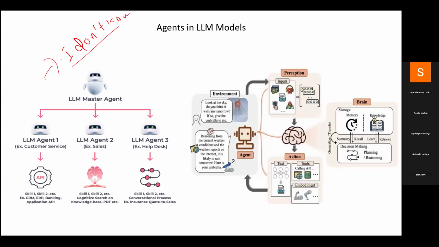So now we know what an agent is and why we need agents. But what different types of agents do we have? Let me tell you, there are three different types. One is the reactive agent, one is